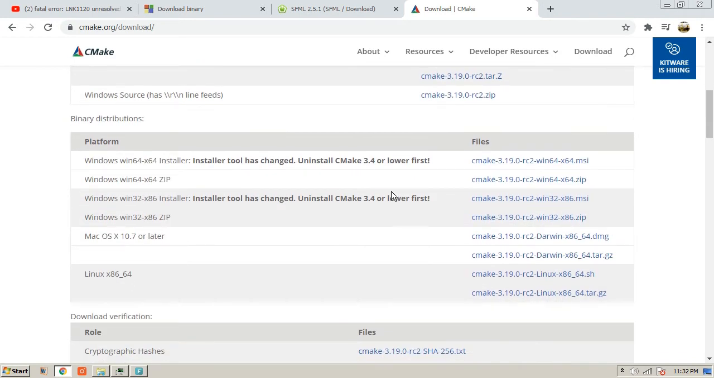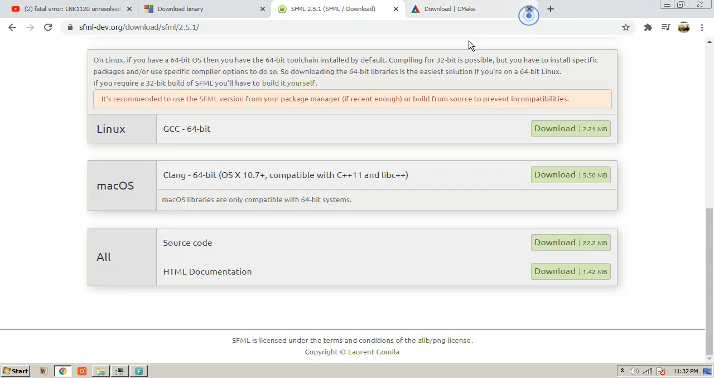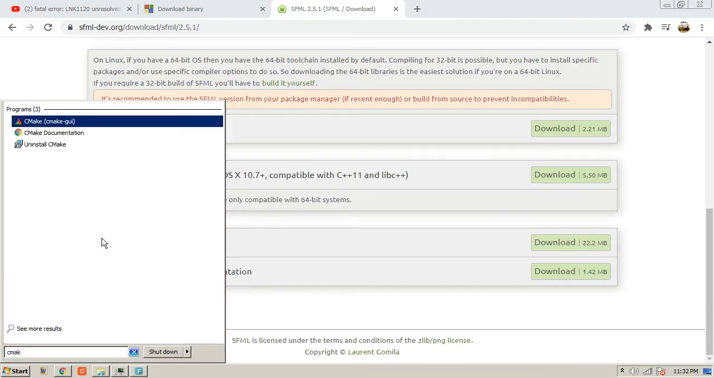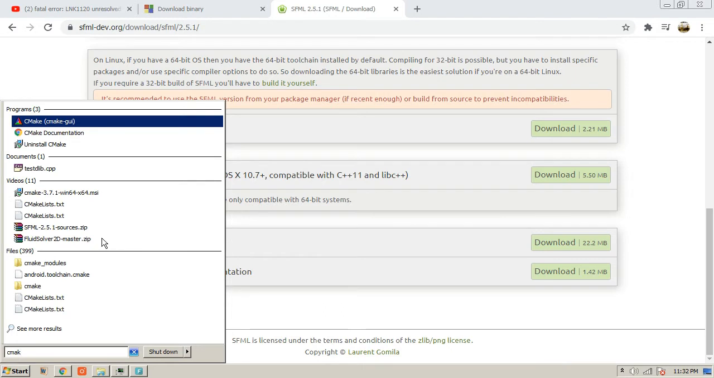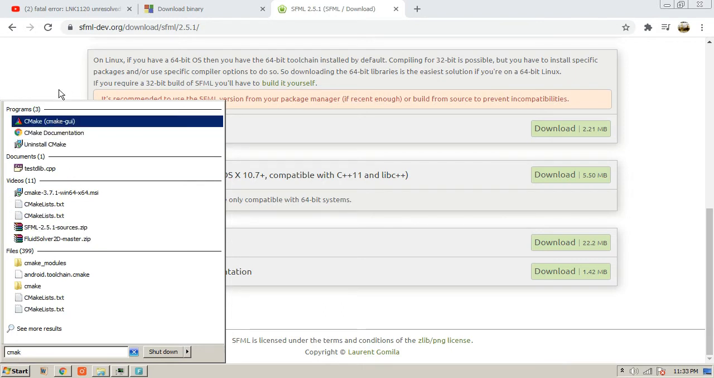So download whatever the latest binary available here for Windows. If you have a 32-bit system, then download x86, and if you have a 64-bit system, then download the 64-bit one. After downloading, I already have CMake here. Remember that you need to open CMake GUI. After installing you'll get such kind of options. So